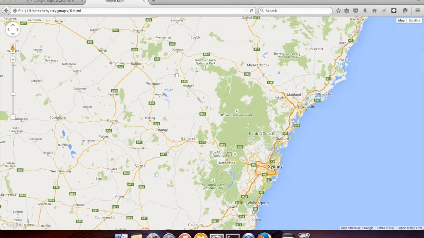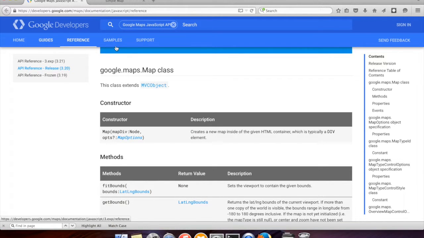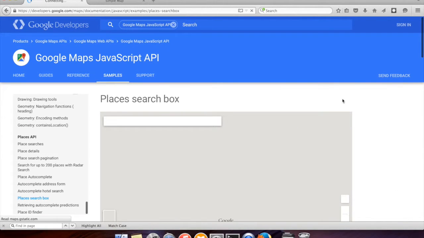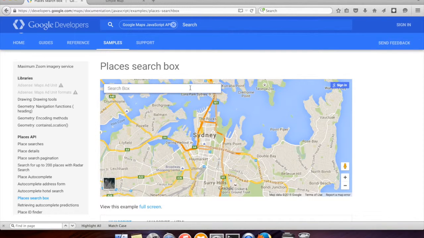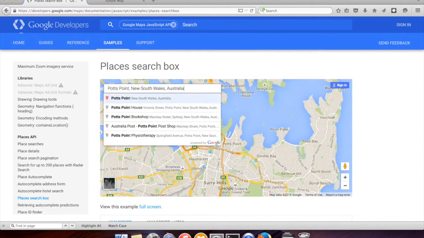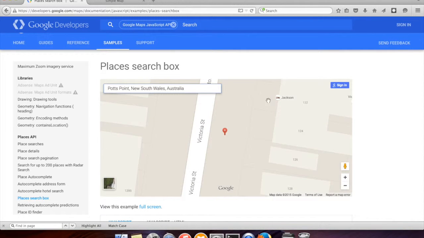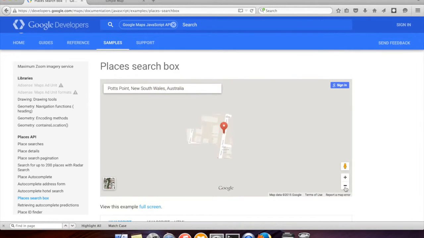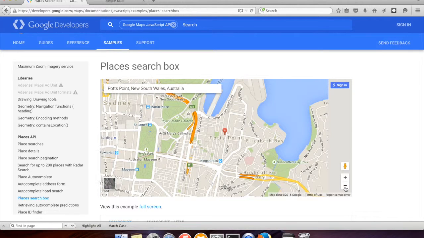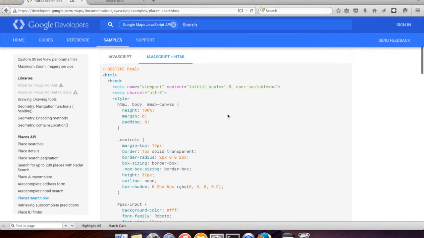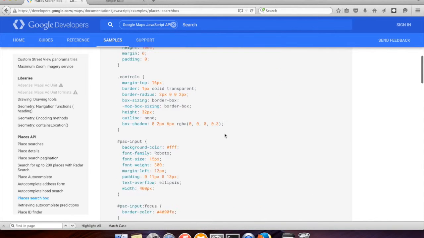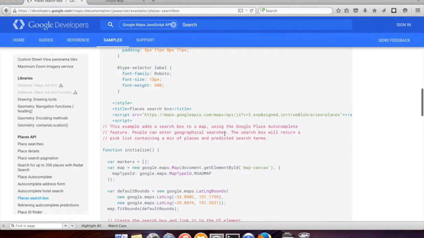So next step then is a search function. So going back to our samples again, this kind of idea would be nice. So select, and there we go. We pan and zoom to the selected location. So I'm just going to take the relevant parts, and the first part we need is easy to